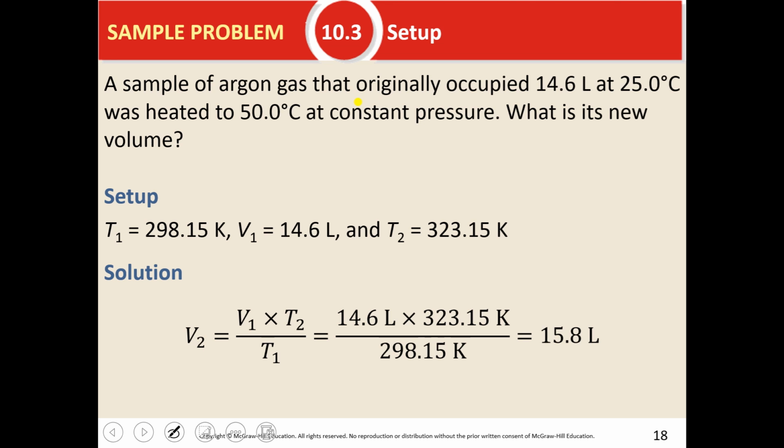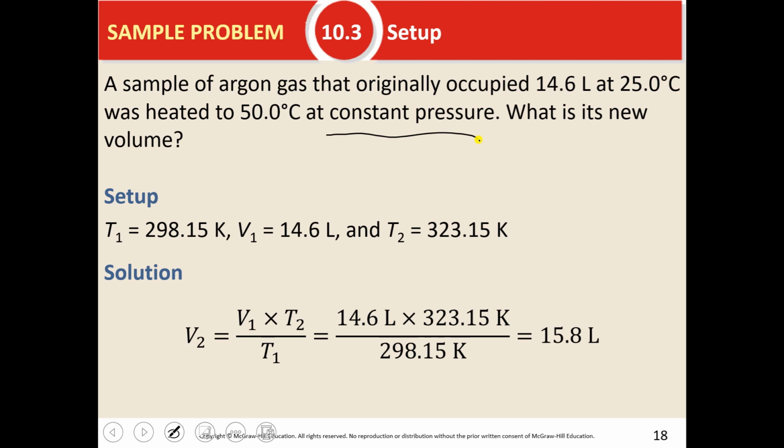So for example, a sample of argon gas that originally occupied 14.6 liters at 25 degrees Celsius is heated to 50 degrees Celsius at constant pressure. Constant pressure is your clue that this is Charles's and Gay-Lussac's law, okay? It's giving you an initial volume, an initial and final temperature, and it's asking for the new volume, or the final volume. So we have to convert both temperatures to Kelvin, and 25 degrees Celsius is a standard